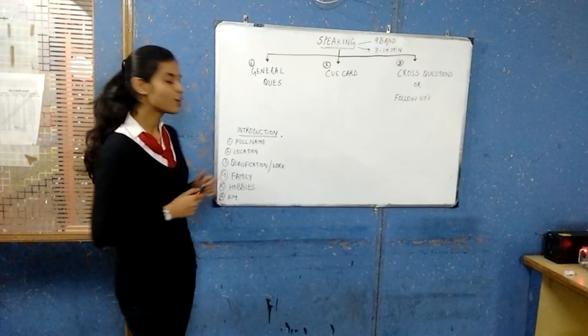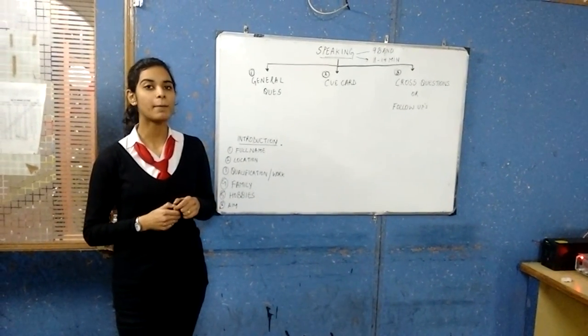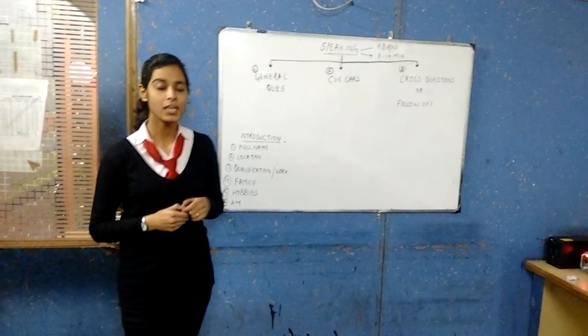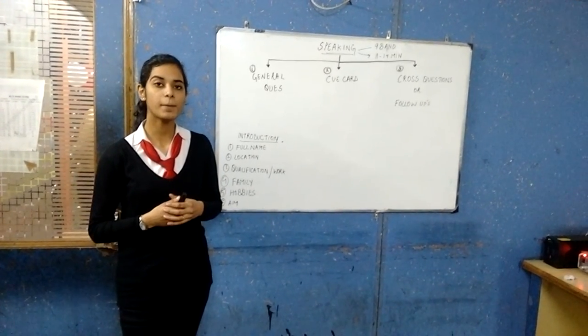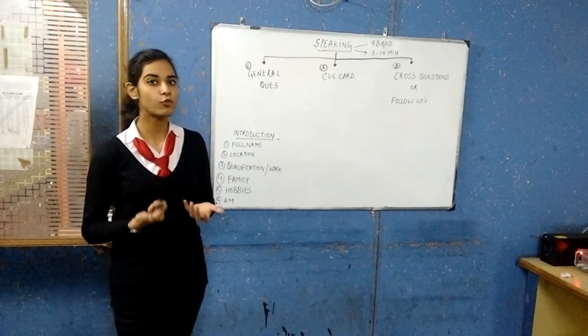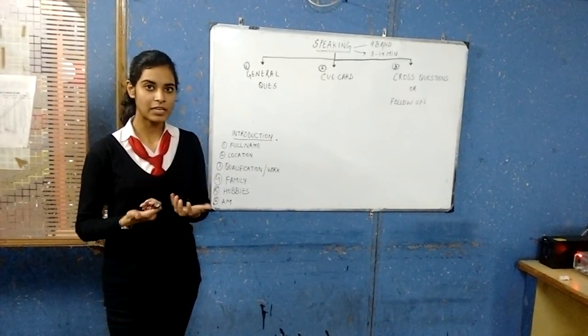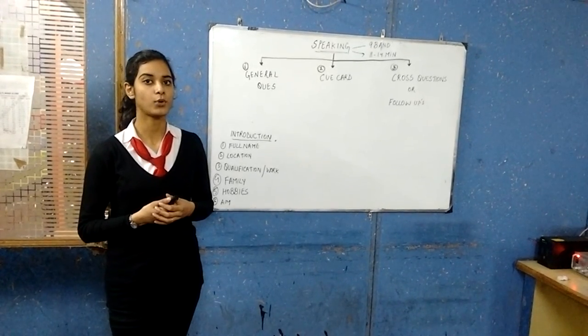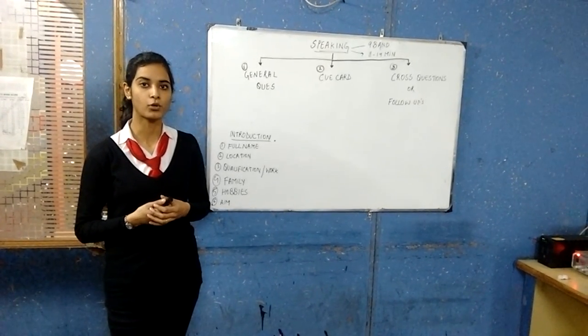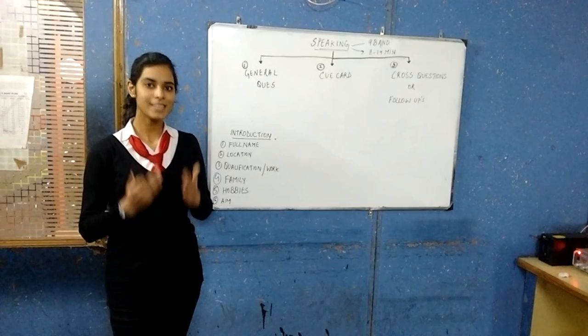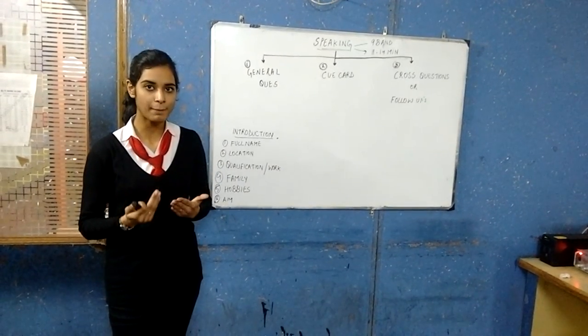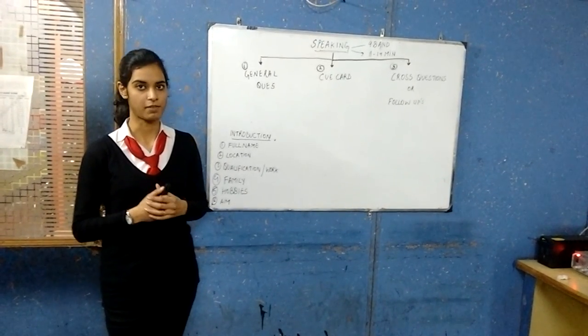Okay? Next is your family. You may include your family in your introduction. Like, you can say that I have been raised up in a nuclear family and we are 4 members in the family. Don't try to give details of your family in your introduction because the introduction is about yourself, not about your family. Just say that I am raised up in a nuclear family. There are 4 members in the family.